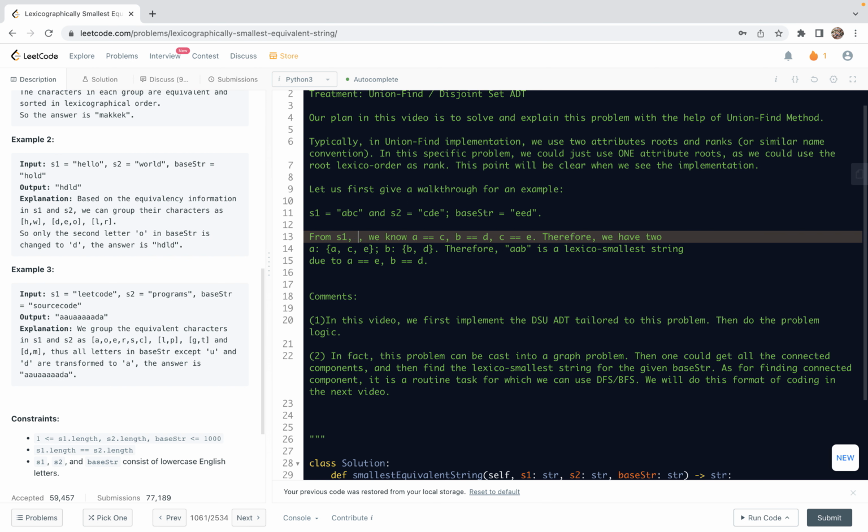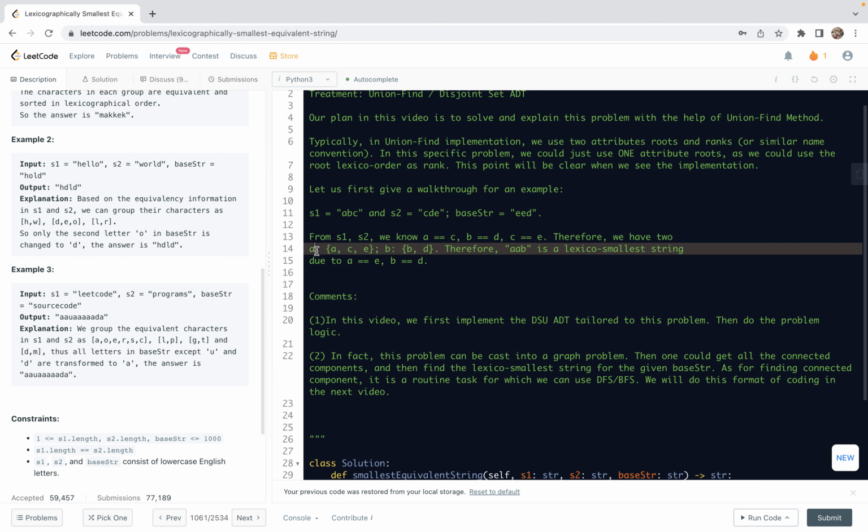So we have S1, that is ABC, and we have S2, that is CDE. The base string is EED. So from S1 and S2, we know A and C are equivalent characters, right? A and C, and B and D are equivalent characters, and C and E are equivalent characters. So therefore, by the properties of equivalence relation, we know A, C, E are all equivalent characters, and B, D are equivalent